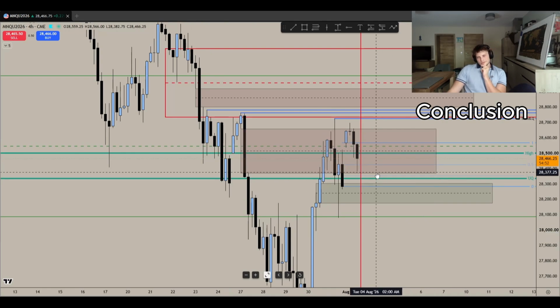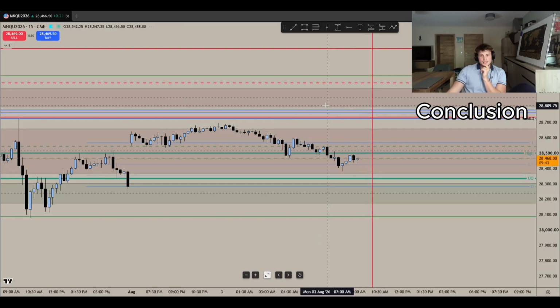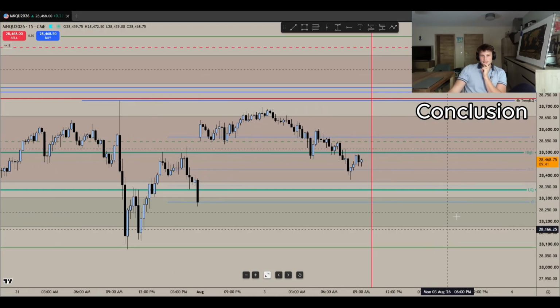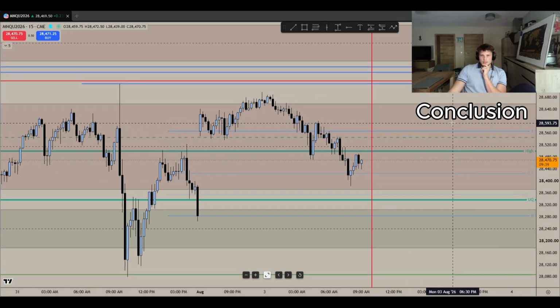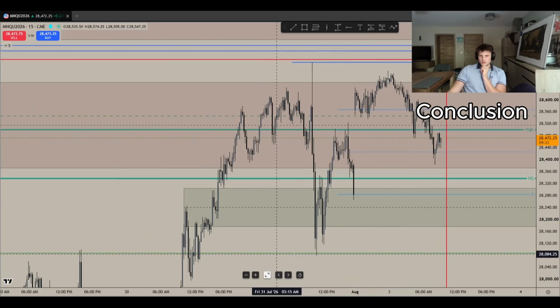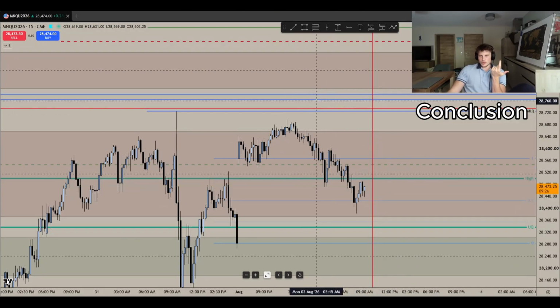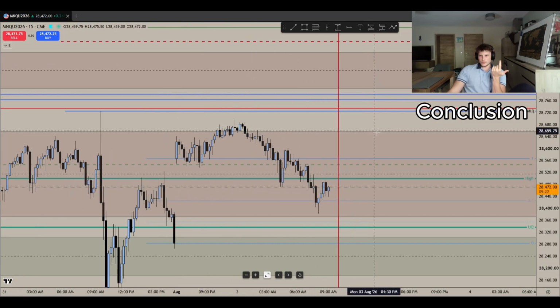So yes, this will act as resistance, and it has already last week, but I think we could push through. I don't know if that will be the case today, but I'm certainly only looking for bullish price action. There is nothing for me to short into. This gap has already been filled. There is no clean sell side for me. So I'm not looking for any shorts. So the first draw essentially would be the old daily high up here and then these gaps, right?